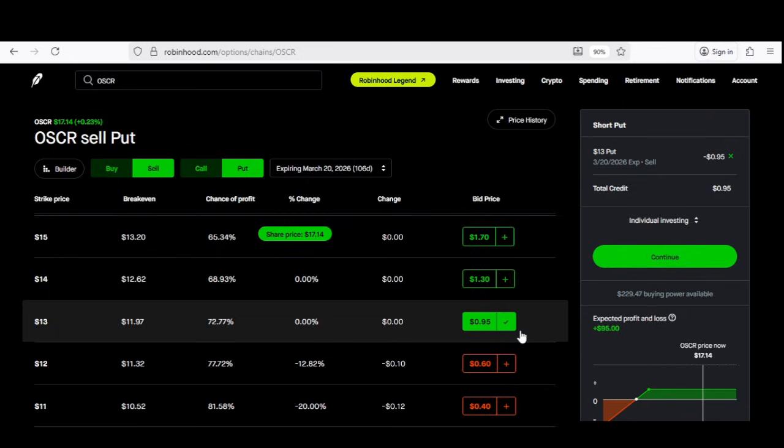The major criterion for doing a cash secured put is that you have to leave collateral. The collateral for this particular option is whatever your strike price is, as you can see here, multiplied by 100. Once again, each option contract contains 100 shares. So in order to execute this option strategy, you must have a minimum of $1,300